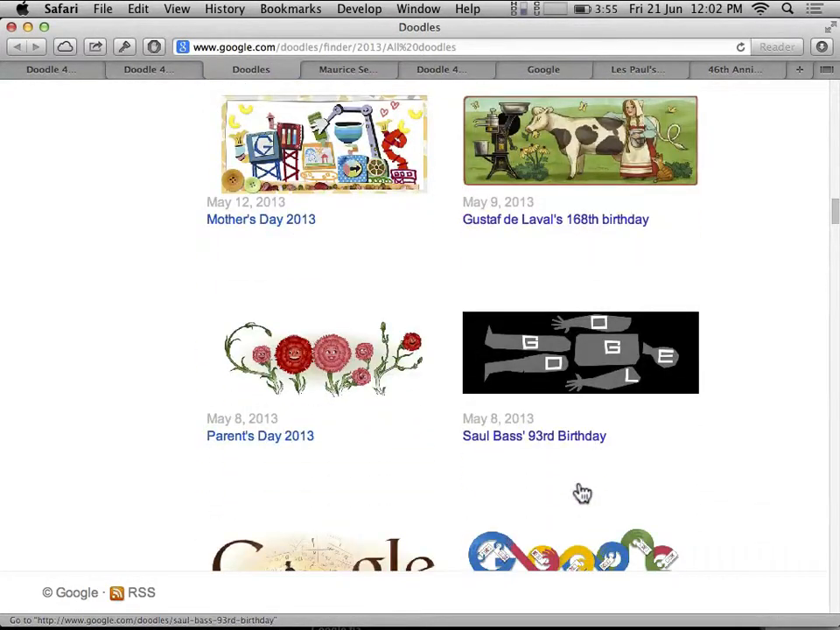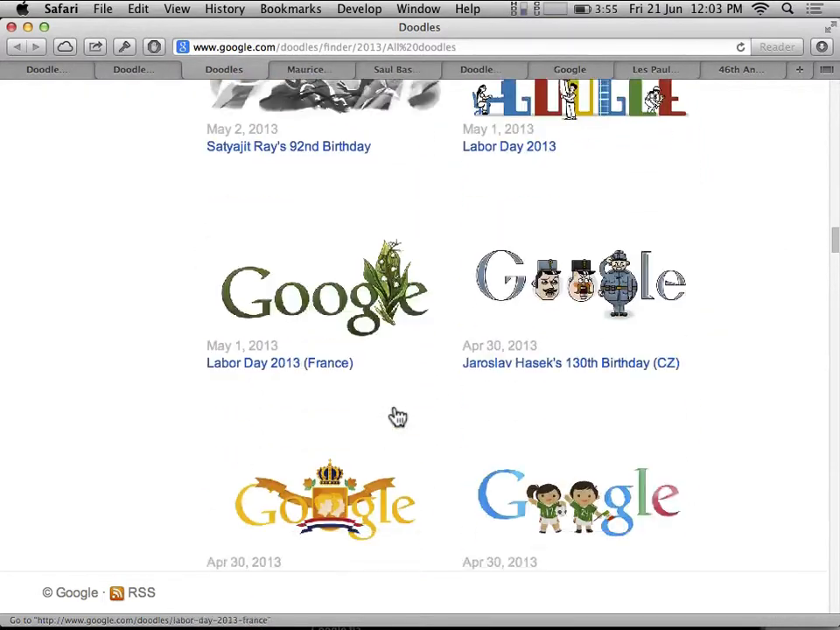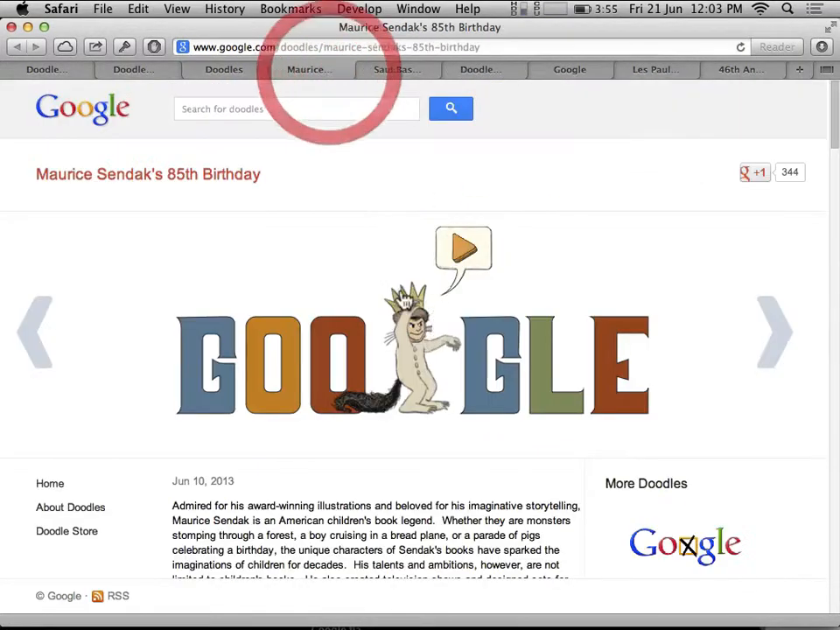And yeah, they've got like 1,500. That's another really cool one. 1,500 of these things. And they're not just static images. If I show you, let's go to the Maurice Sendak one. So this is the guy that did the book Where the Wild Things Are. And if I hit play,